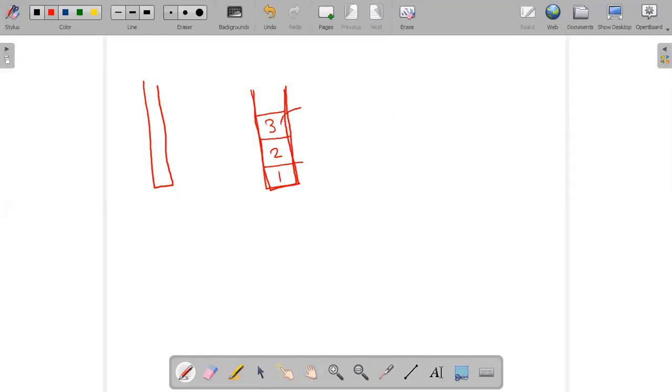So the operations you can do are pop and push, and that too on top. Suppose you pop it out, again you pop it out, then you are using extra space. Suppose you have some variable and you store it, then next time you can do something like this, 3, 2. But what about 1? This is still not reversed, right? To do that again you have some problem, right?